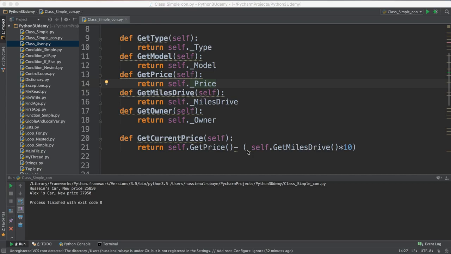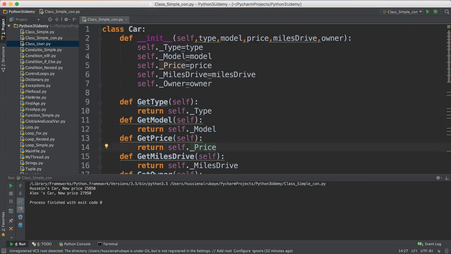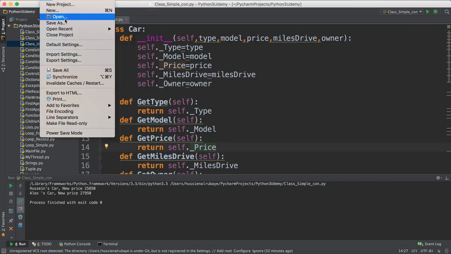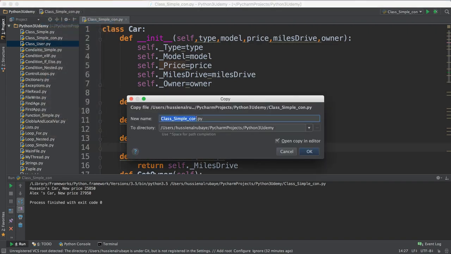Hey again, let me talk in this video about another concept that we use in object-oriented programming that makes our code clearer and more fun. So I will make a copy from this car class, so you will have all the copies. Save as, I will name it simple car class, then I will extend it with the word kwargs,